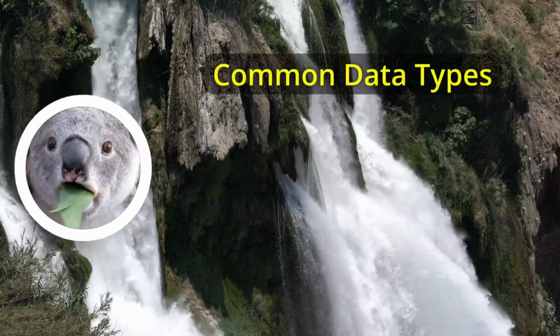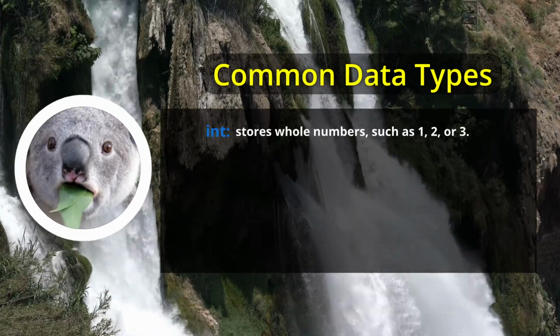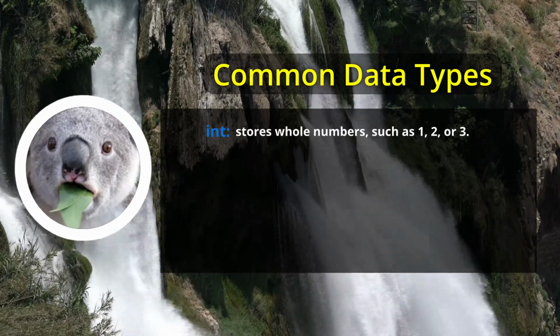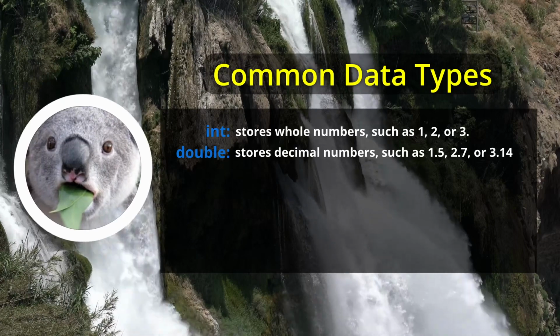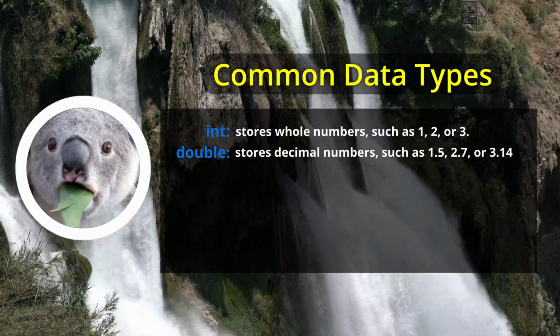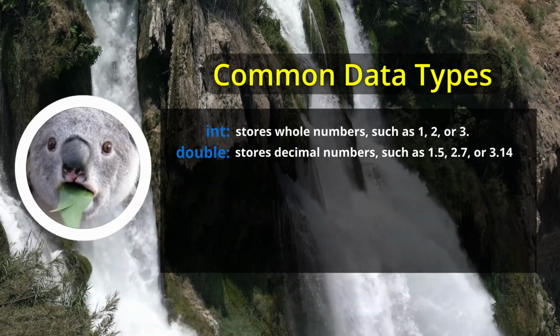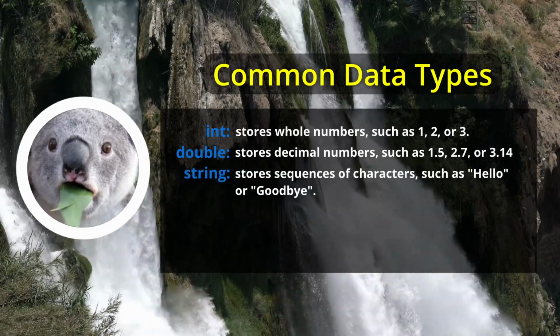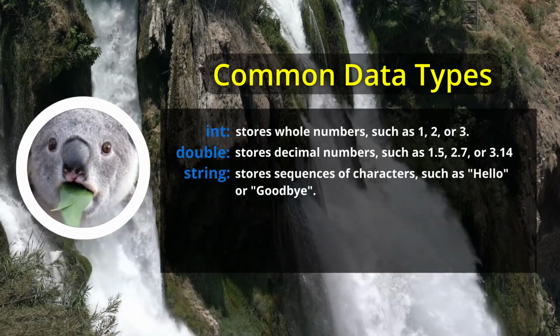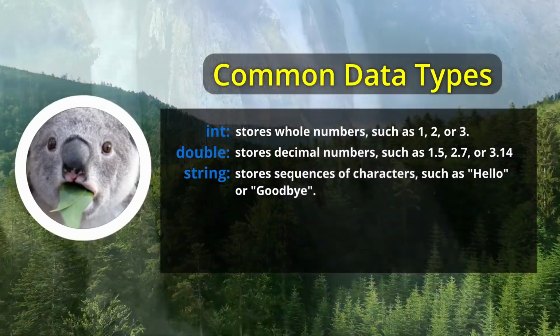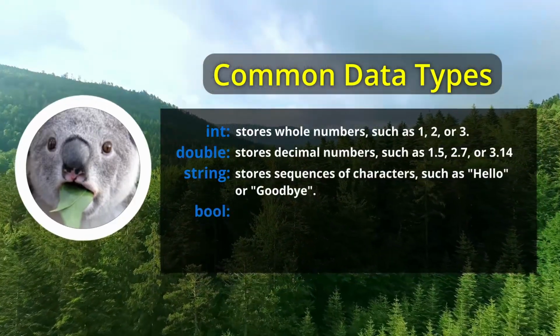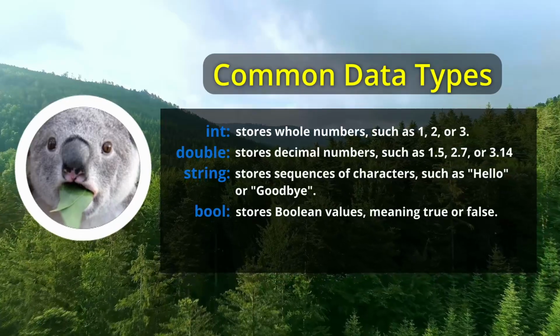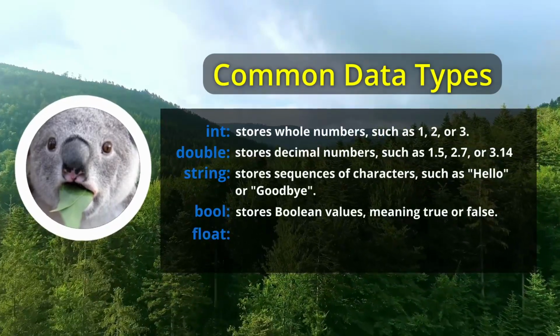Some of the most common data types are int, which stores whole numbers such as 1, 2, 3, double, which stores decimal numbers such as 1.5, 2.7, or 3.14, string, which is used to store sequences of characters such as hello or goodbye, just like my dating life, bool, which stores Boolean values, meaning true or false, float, which is